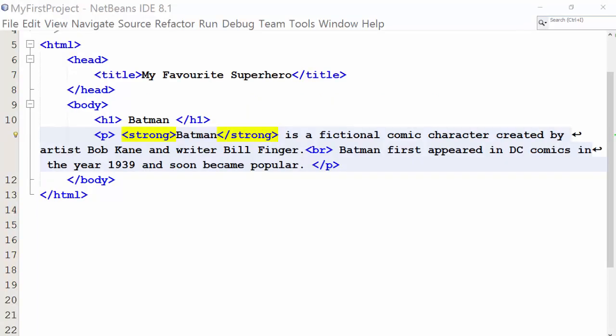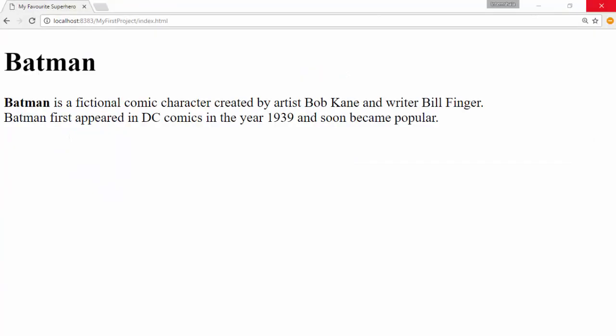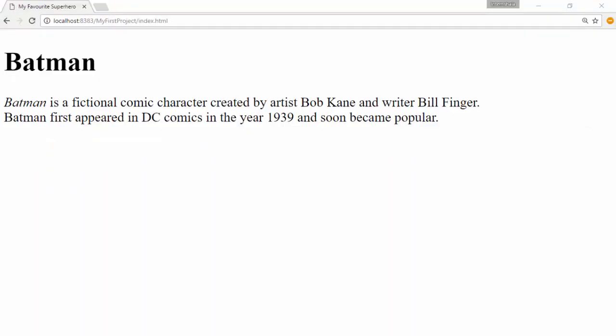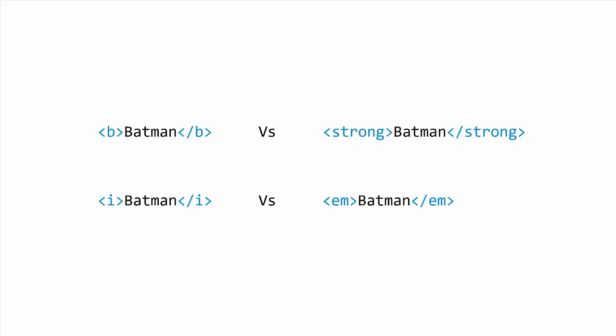There is another tag, the strong tag, which makes text appear exactly similar to the way it would appear if you were to use the B tag, and the EM tag, which makes text appear exactly similar to what you would achieve if you were to use the I tag. What's the purpose of having two different tags to make text appear just the same? Well, in the case of strong and EM tags, text appears bold and italic. Also, it is a way of instructing the browser that there is a special importance to this text and it's not just styling.